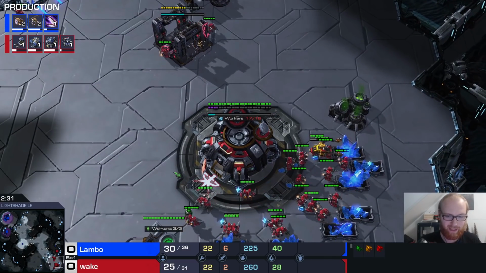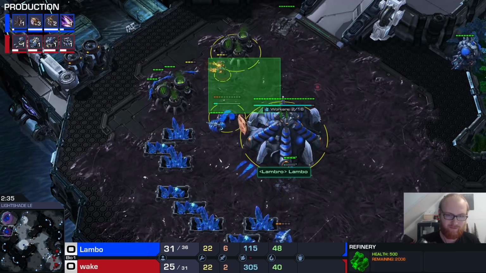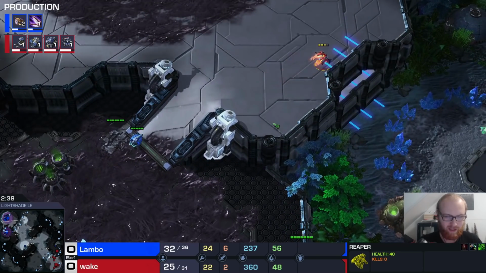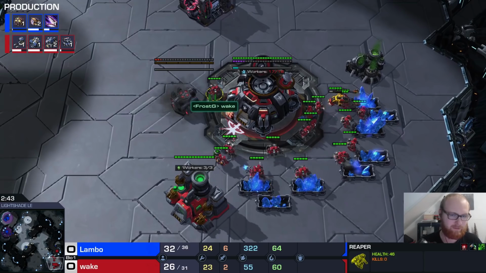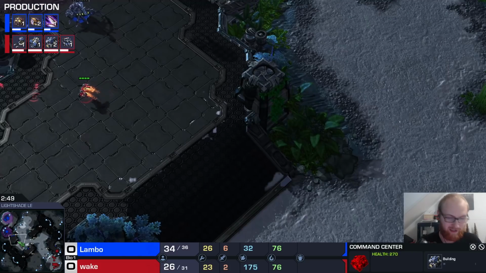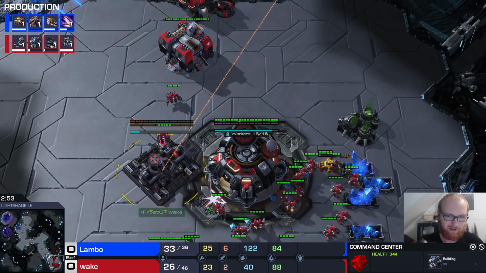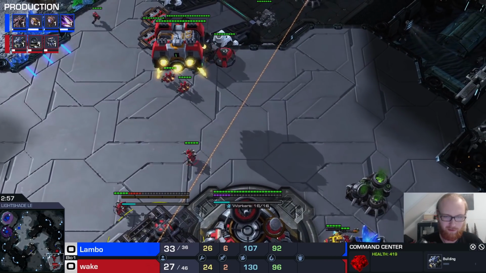So the important thing here for the 3CC build, obviously, is that you only have one gas. Do with the Reaper what you want. Just keep it alive, you know. Don't make it a YouTube Reaper like we usually do. So here the third command center goes down. And then after that, here comes the twist from usual 3CC builds. Instead of going for the starport, I'm going to go for...